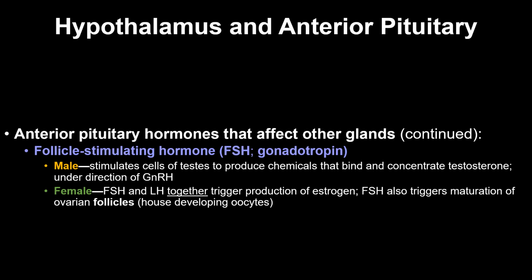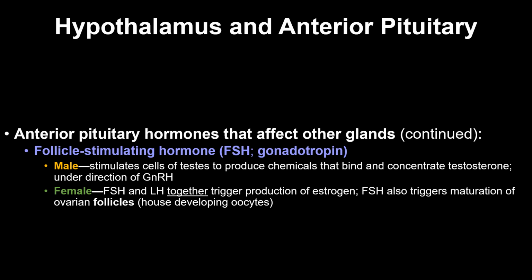You've also got follicle stimulating hormone, which is the other gonadotropin. Like luteinizing hormone, FSH is stimulated by gonadotropin releasing hormone from the hypothalamus. In males, follicle stimulating hormone stimulates cells of the testes to produce chemicals that work to bind and concentrate testosterone, whereas in females, follicle stimulating hormone works with luteinizing hormone to trigger the production of estrogens. And it gets its name from the fact that it also triggers the maturation of ovarian follicles,